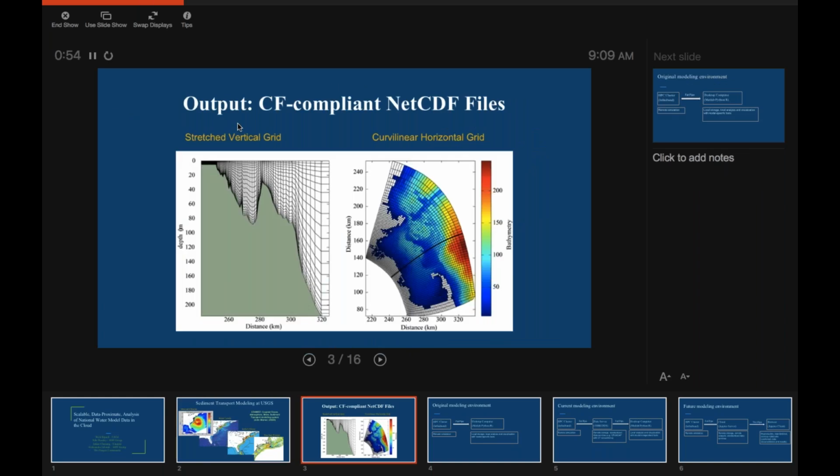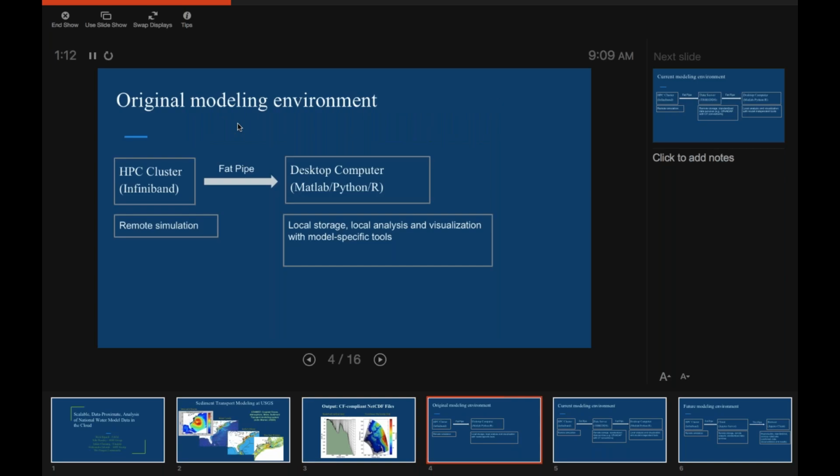And like almost every other model, we write our output in these CF-compliant NetCDF files with these stretched vertical coordinates and curvilinear horizontal grids. These are not going to be GeoTIFF files, right? We have to keep them in these NetCDF files. So we have lots of NetCDF files, and the workflow that a lot of us used in the past was